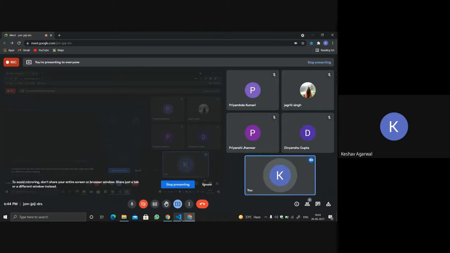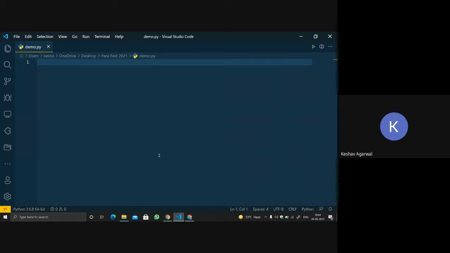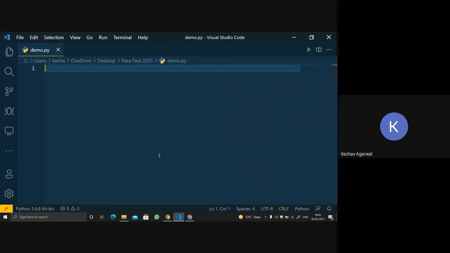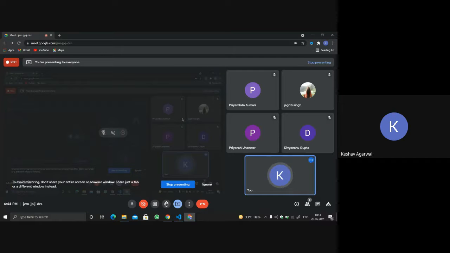So let's start. I showed you the final product that we'll be making today. I don't want everybody to design the UI, I will design it for you. Just tell me what would be the procedure for designing something like a calculator.